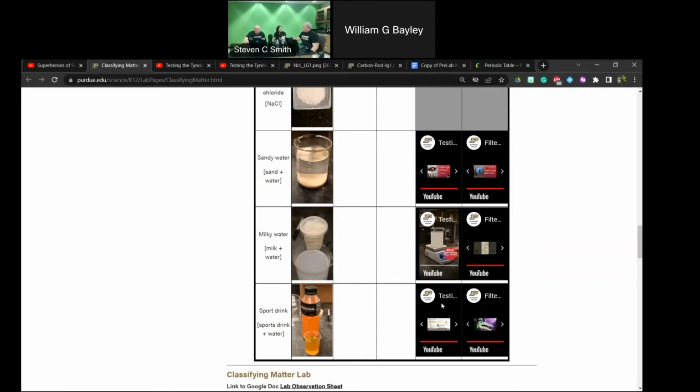I know the answer to this, but I want to make this concrete. So I start out, and once I know that this either scatters light or doesn't scatter light, then I'm going to filter. When I filter, if I get something onto the filter, there's something physically there, then it's a what? Suspension. It's heterogeneous. I already know it's heterogeneous because I'm filtering. So it's a suspension if there are particles on the filter. And if there are not, then it's a colloid.